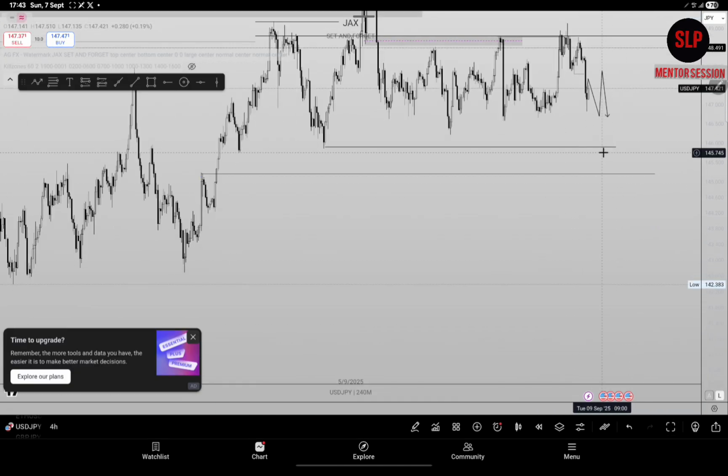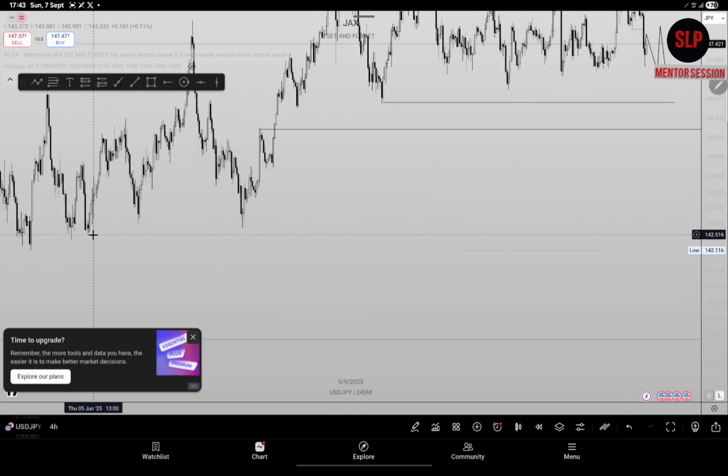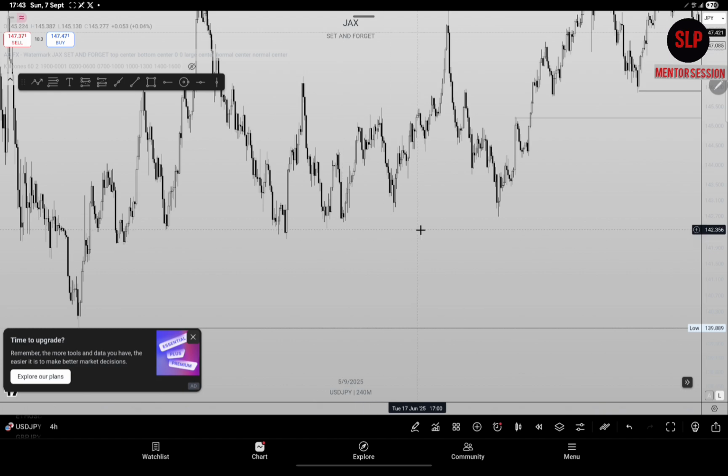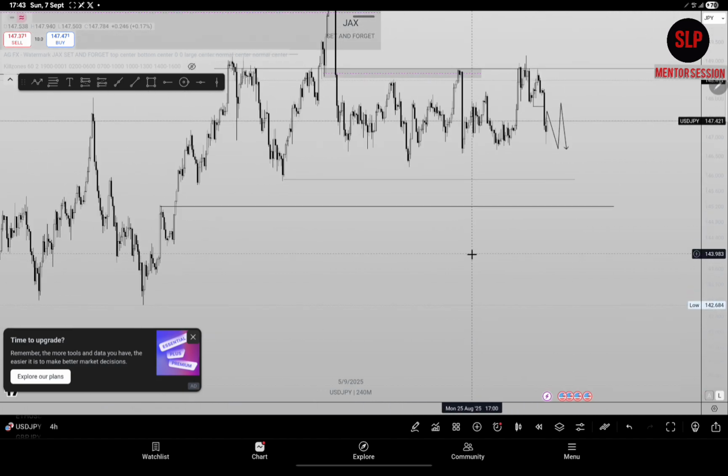So as I'm saying, UJ is bearish. You still need to be careful of this point of interest, this breaker block right here. Of course, price will take out this low. You can see that this is just a ball of liquidity. Just look at this liquidity resting down here, but you still need to be careful. Anticipate retracement, that's all I can say. Always anticipate retracement in the market.